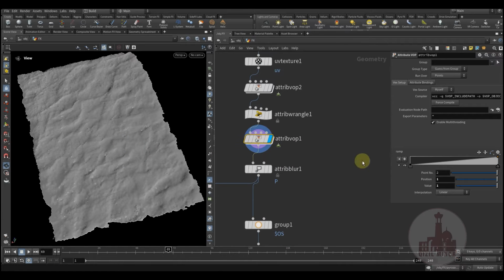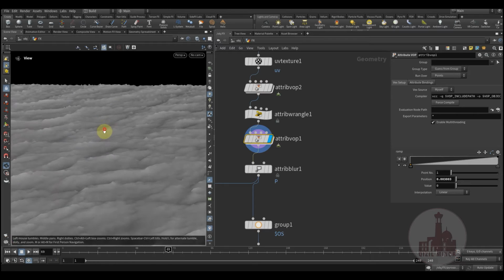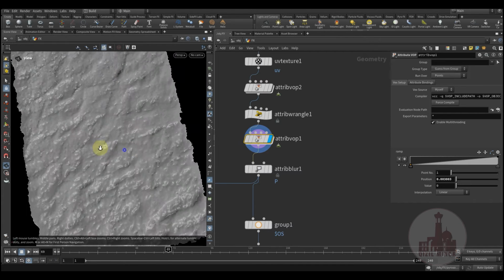Okay, so here I have my gradient. From here I can control the displacement of my paper, to give it like